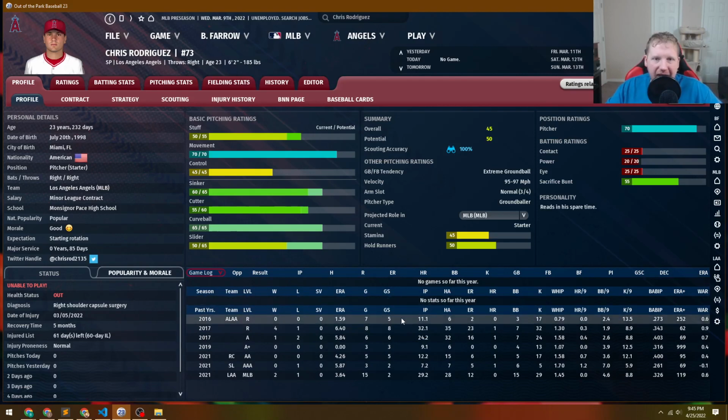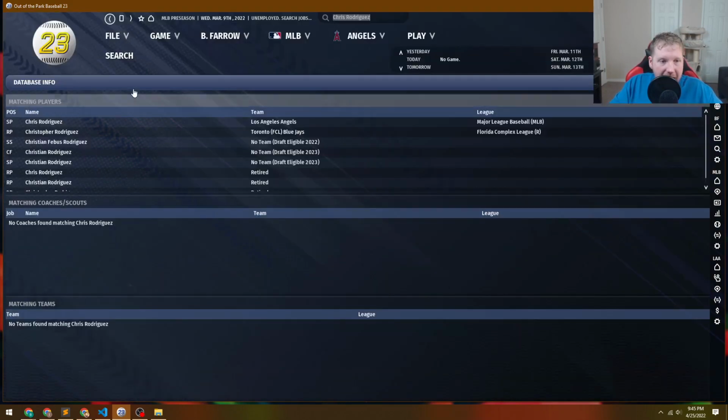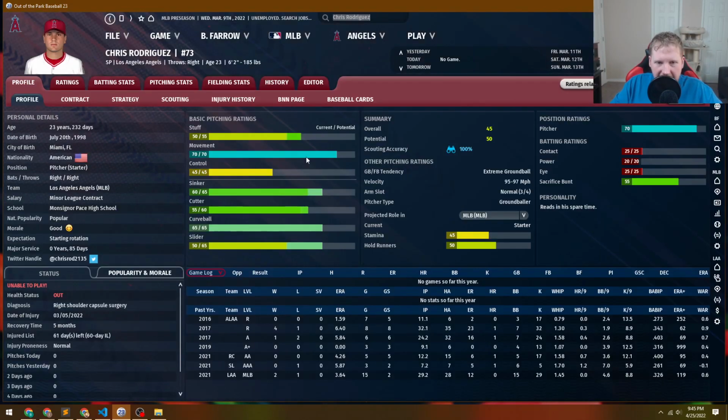right away. Really, probably wouldn't be able to trade for him until the end of the year, unless you update the default settings that prevent injured players from being traded. But at 23, less than a year of service time, and that 70 movement is absolutely elite. Even with the control and stuff, if he doesn't have to strike out many guys, as long as you have a decent defense behind him, he'll be anywhere from an above average starter to I would say number 2 without